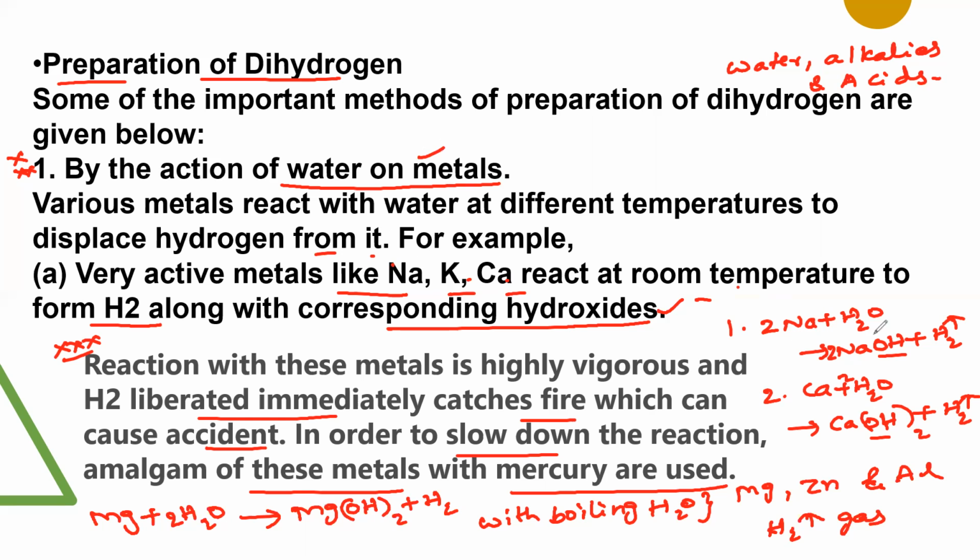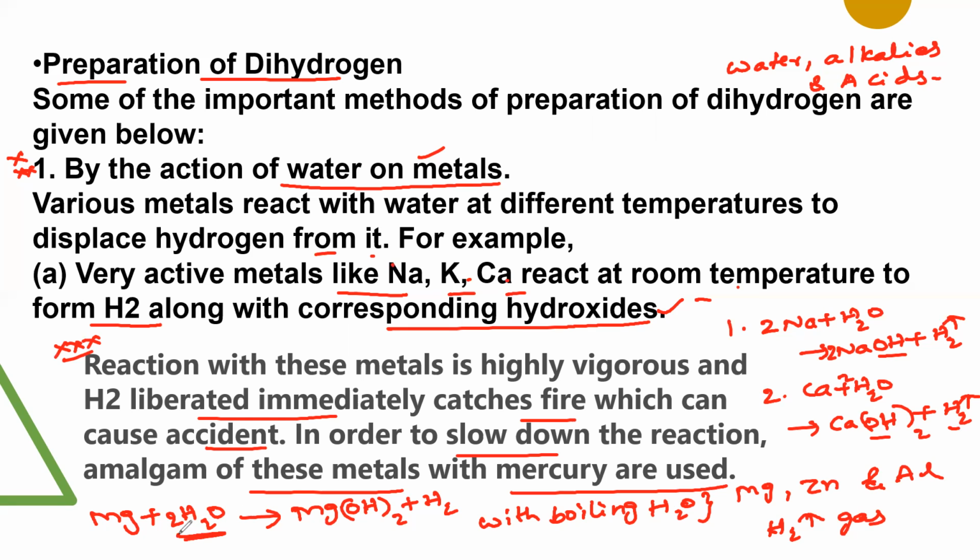Example, sodium combines with water at room temperature. It forms sodium hydroxide and hydrogen gas. Calcium combines with water at room temperature and forms calcium hydroxide and hydrogen gas. Whereas in the case of magnesium, zinc and aluminum, they also come in